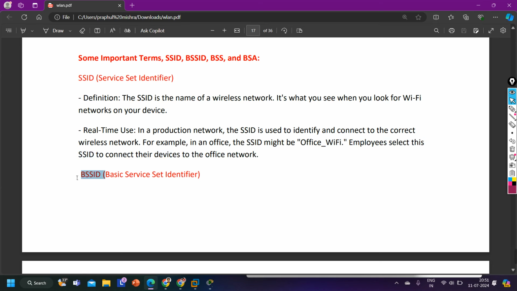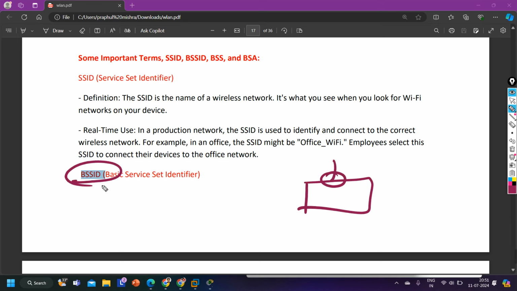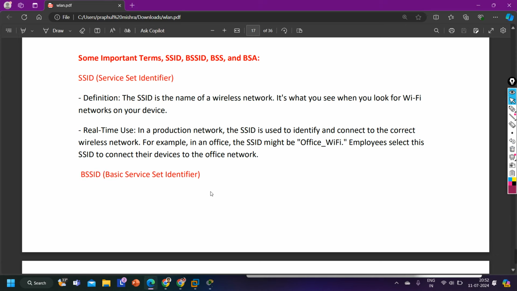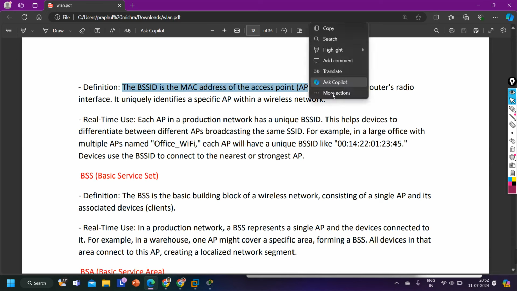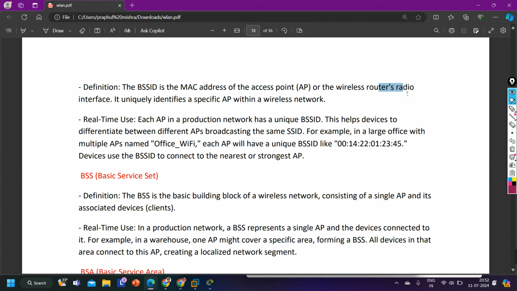Then guys, BSSID, basic service set identifier, the MAC address of AP's radio interface, right? So whenever an AP is transmitting signal, it needs a source address. So what is going to be the source MAC address? That is BSSID. So BSSID means the MAC address of the interface of the AP from which the AP is going to transmit signal. Okay, so BSSID is the MAC address of the access point or the wireless router's radio interface, or you can say access point's radio interface. It uniquely identifies a specific AP